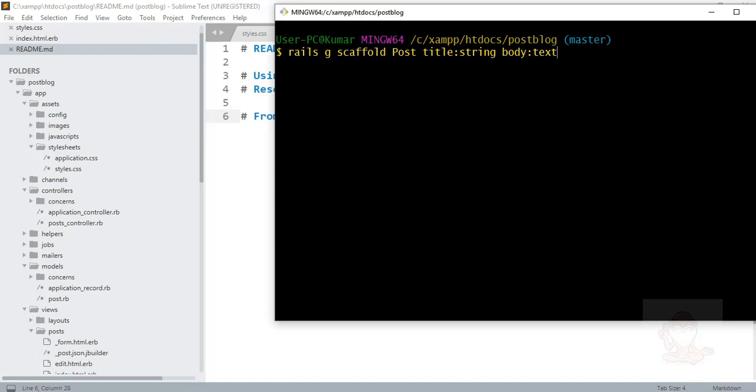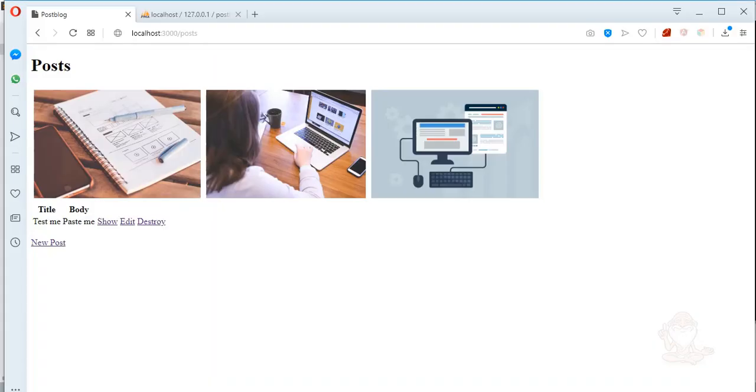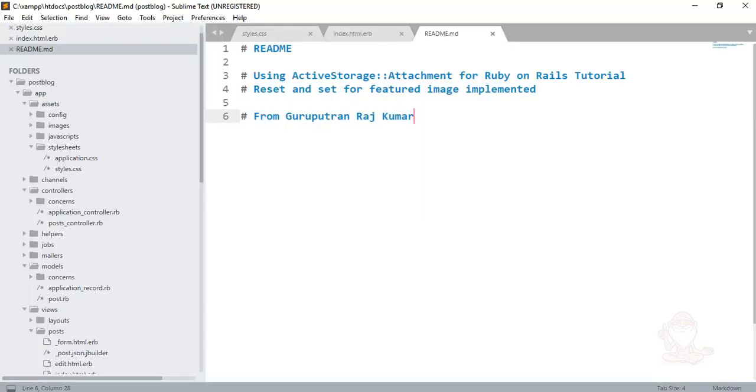So we have two entities here, title and body. Title, which is string, and body, which is text, for the post scaffold, and that's what we are seeing here. You can see that there's a title and body. So how to make the images, I will let you know in due course. So first of all, let's go to